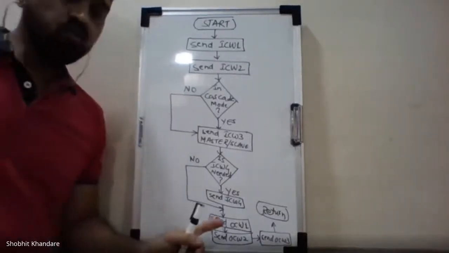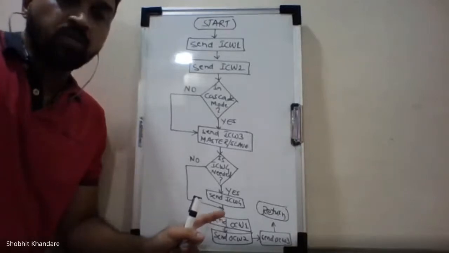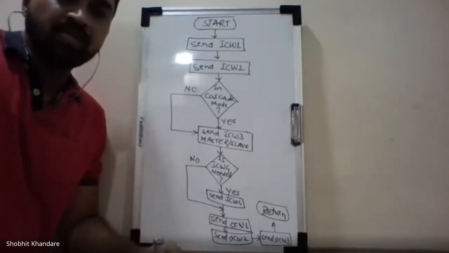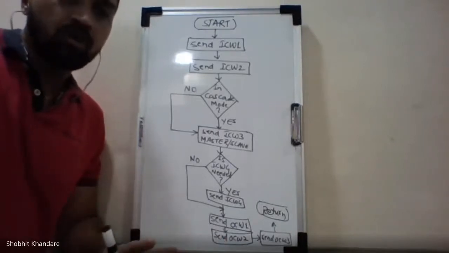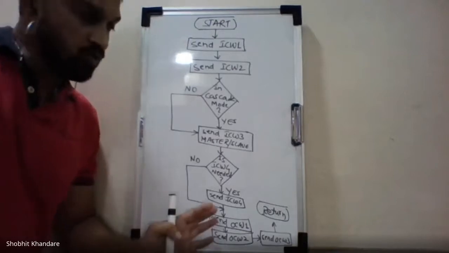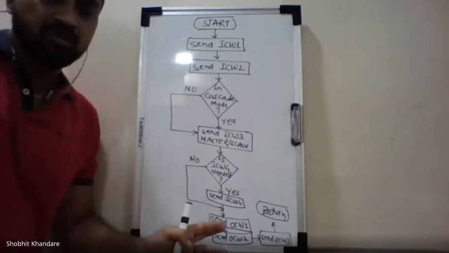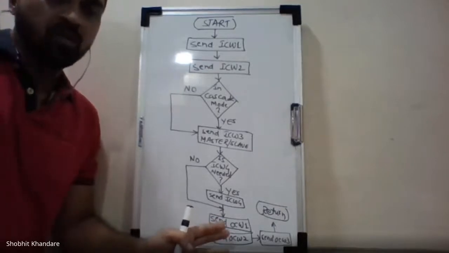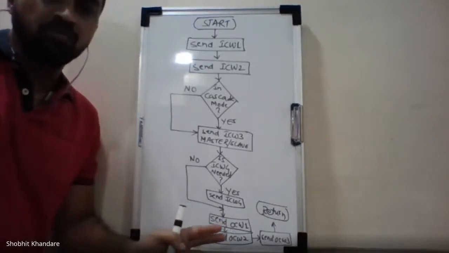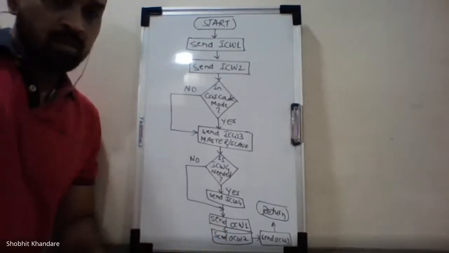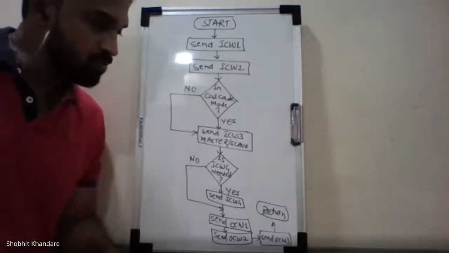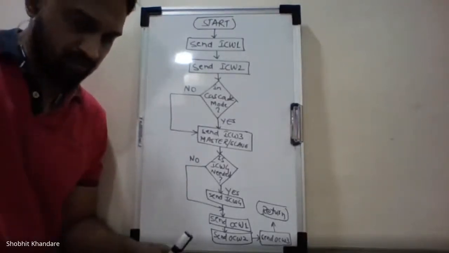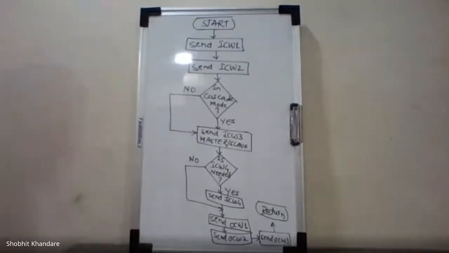This has to be understood properly soon after we understand the command word format for all the ICWs and all the OCWs. Okay, then only you will be able to understand this particular flowchart. And this is the sequence how you are sending your ICWs and OCWs. If you have drawn this, shall we proceed further? Yes, sir. Okay. Now all of you pay attention.